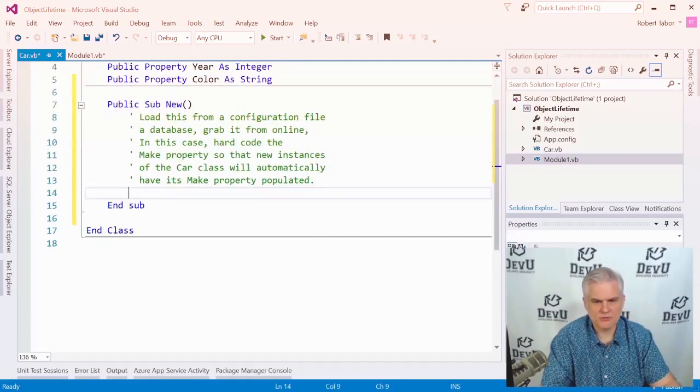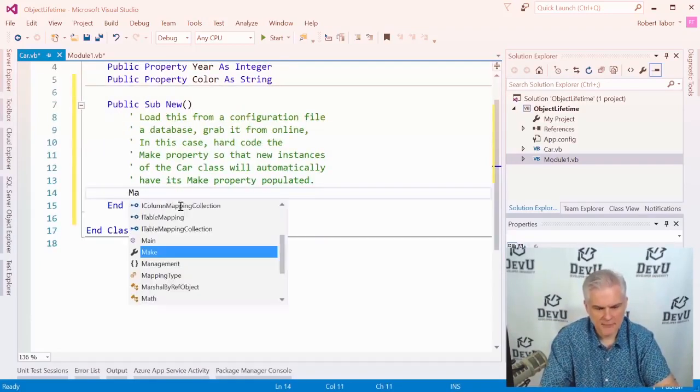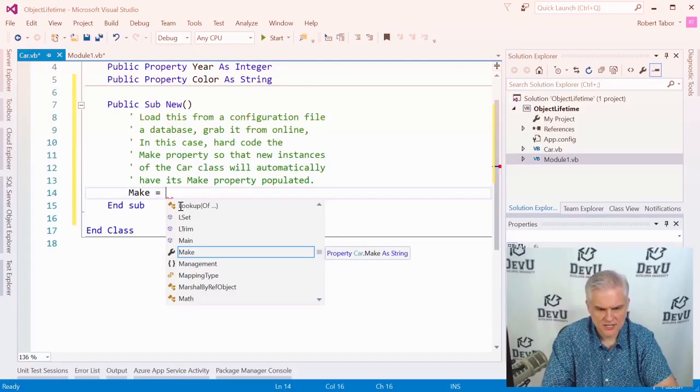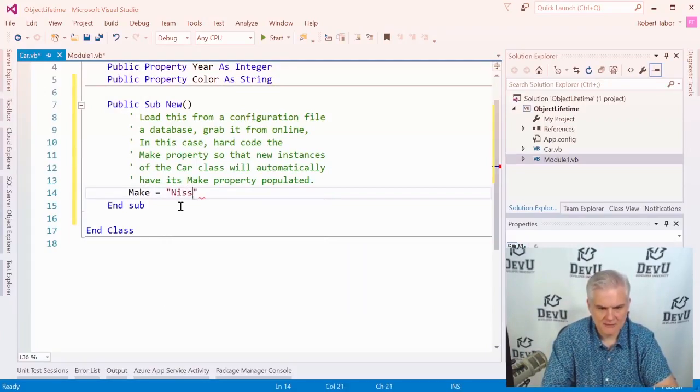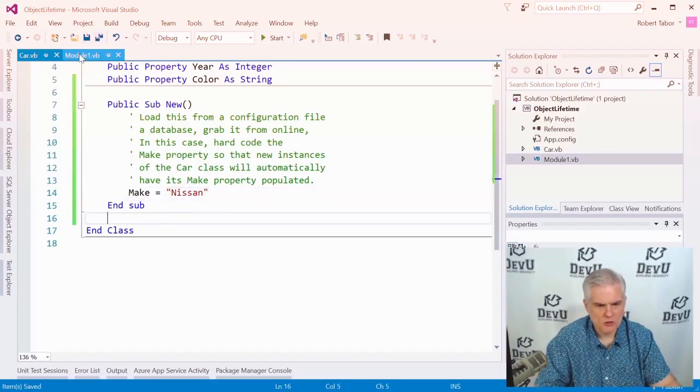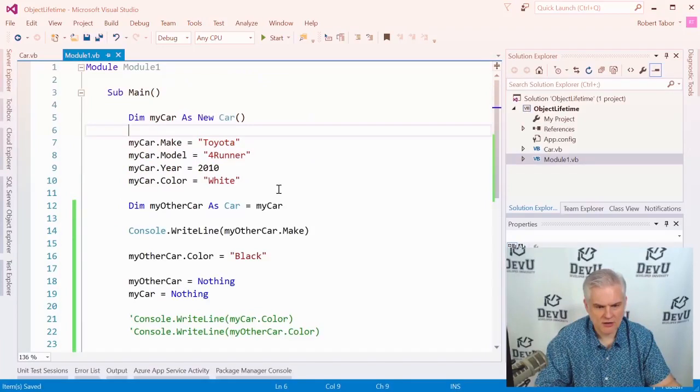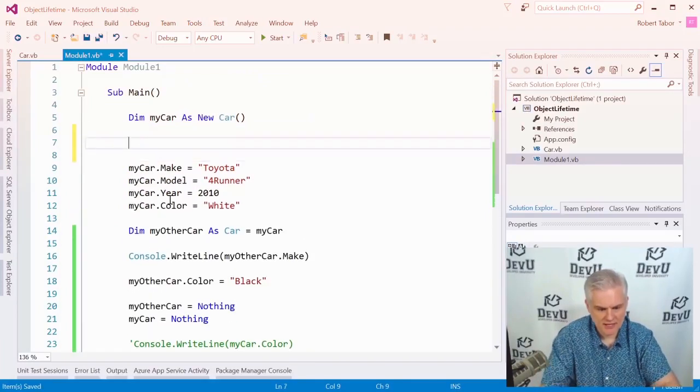All right, so here what we'll do is just say make equals, and then we'll say Nissan. Okay, so now whenever we create a new car, what we can do right away is console.writeLine and then